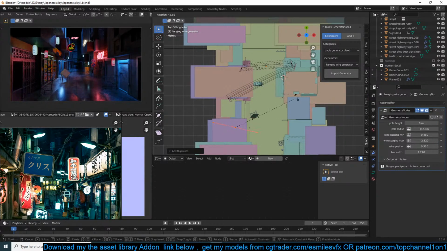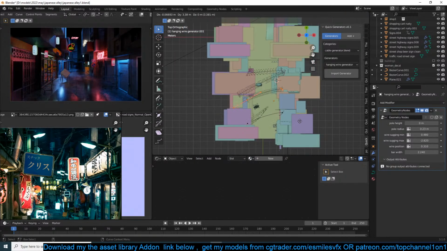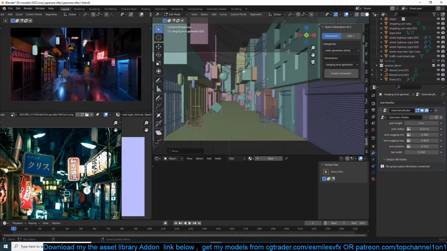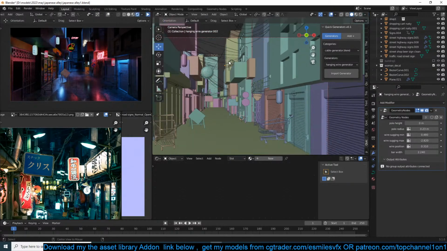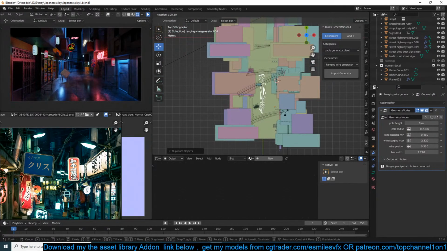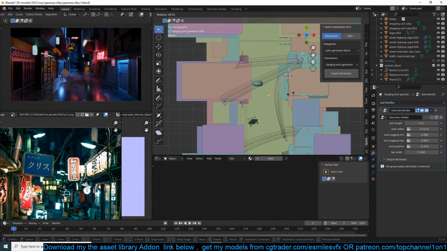So just duplicate this, have a lot of wires, and now we can have some just hanging by the side of the building.